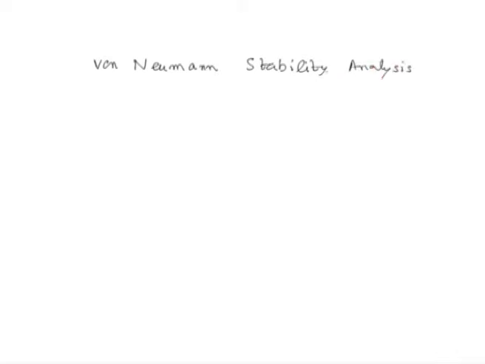Now, this von Neumann stability analysis is basically related to the local solution, that is, we are looking at a solution in the vicinity of a particular node, and this local solution can be expressed in terms of complex eigenvectors. So, that is the assumption which is made in this von Neumann stability analysis. So, the local solution can be expressed